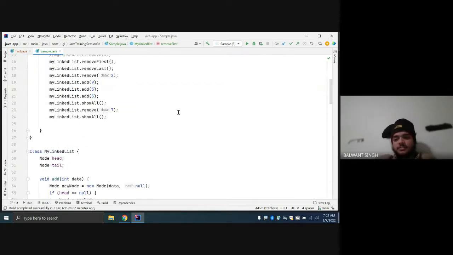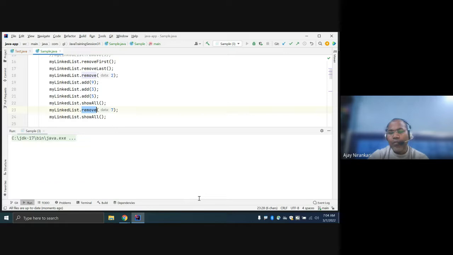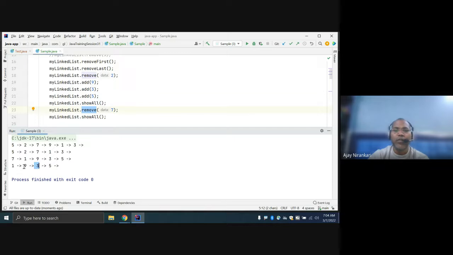No, sir. There is one question here. I want to remove an element on the basis of position. Someone can ask, I want to remove the third position data, second position data.